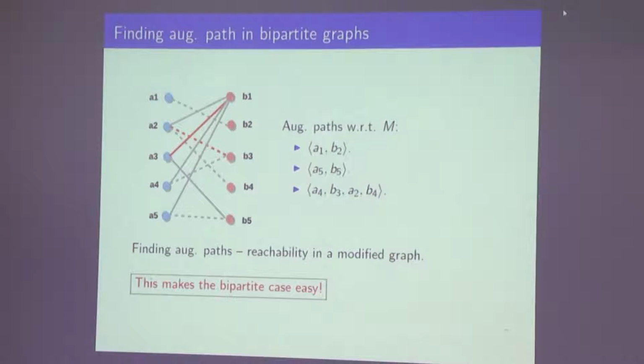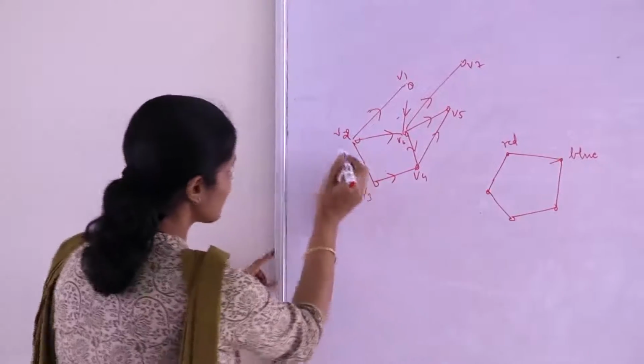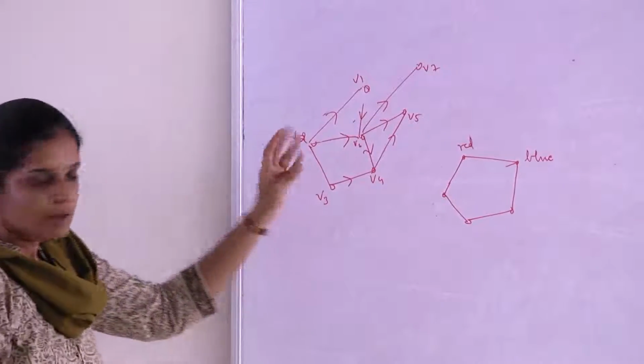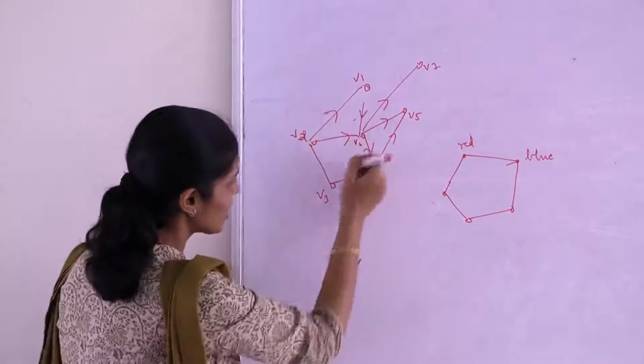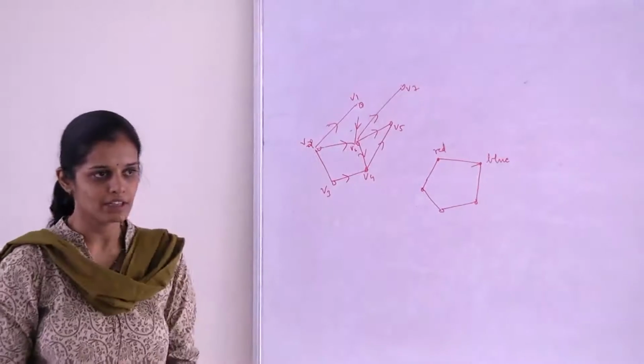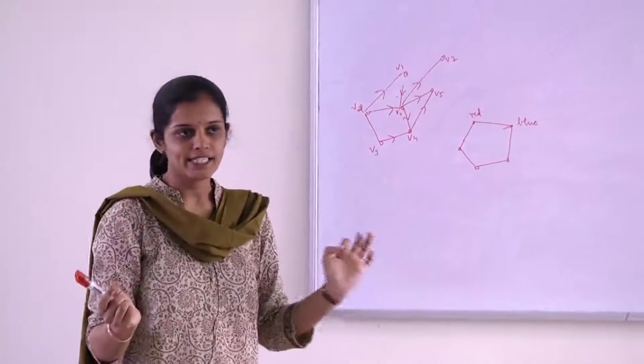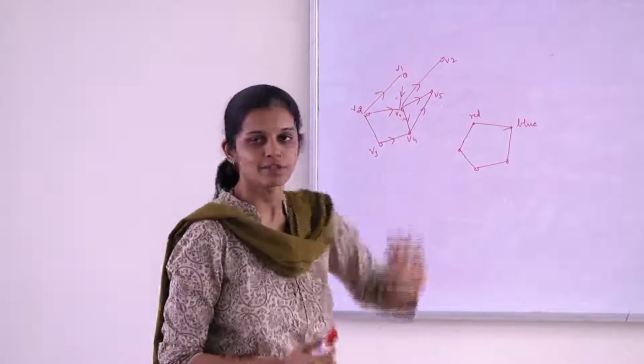Direct edges will not be present from S to T, but maybe I will give you again this graph, right? So maybe I will not have any matching edges, but I will have directed edges of this form. And I will ask you this question, can you reach from V2 to V7? And clearly you can see V2, V6, V7 is a path. But maybe, if I draw the edges appropriately, there is no way to reach from V4 to V3. I can orient the edges in a particular way, right? But given this directed graph and given a pair S and T, how do you answer, can I reach from S to T?